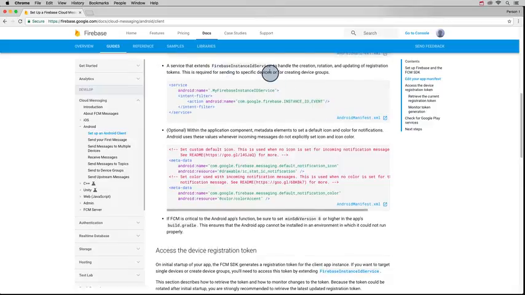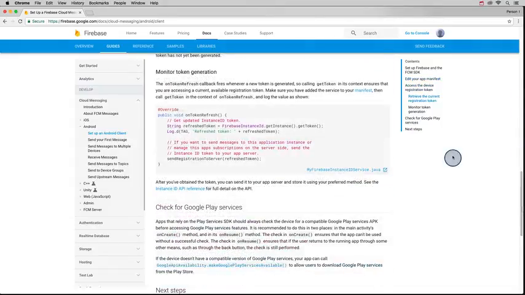It has the action Instance ID event. And after extending this service and adding it to the manifest, the only other real thing that you need to do is implement this onTokenRefresh method. And this method is part of the Firebase Instance ID service class. Functionally, you can do a couple different things when this method's called. But if you just want to know what that token is, you can actually print it out in a